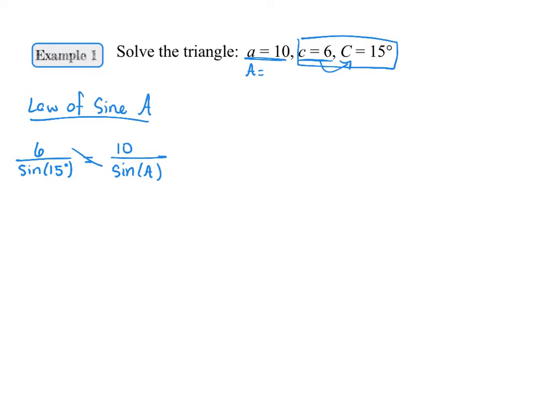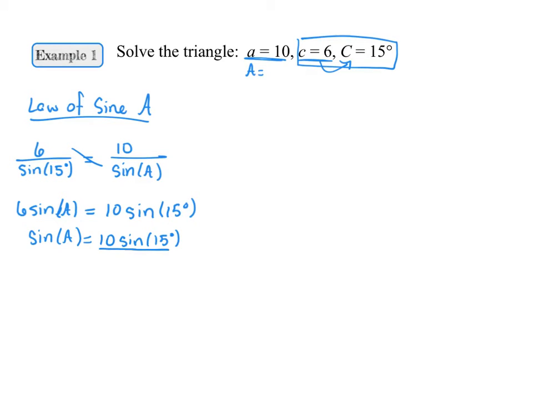So I'm going to multiply 6 times sine of angle A is equal to 10 times sine of 15 degrees. I'm going to divide both sides by 6. So sine of A is equal to 10 times sine of 15